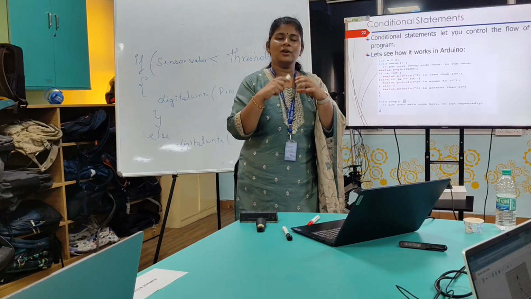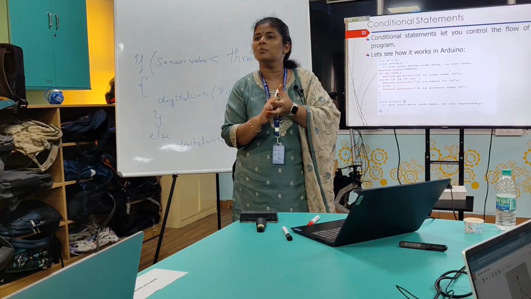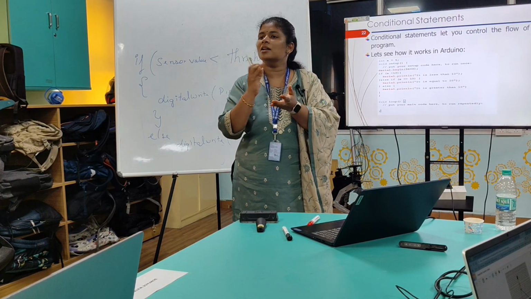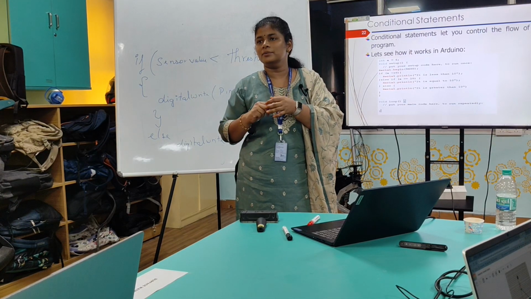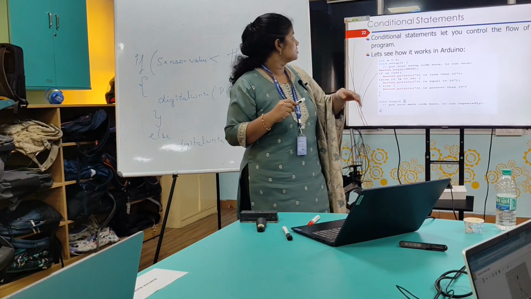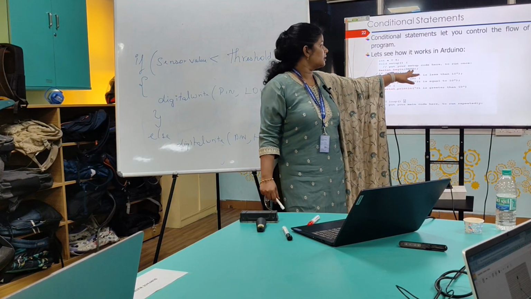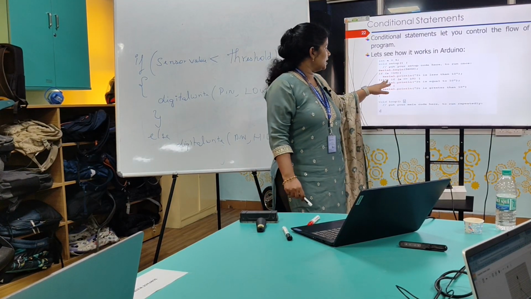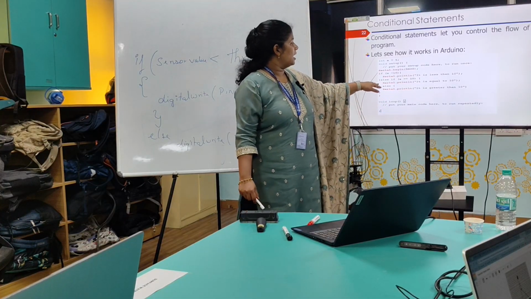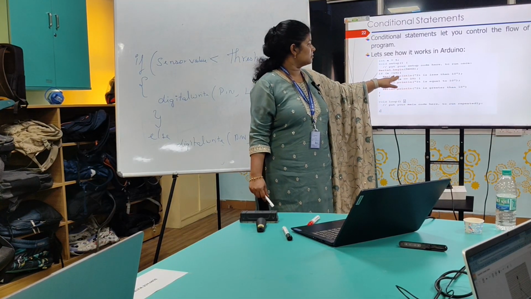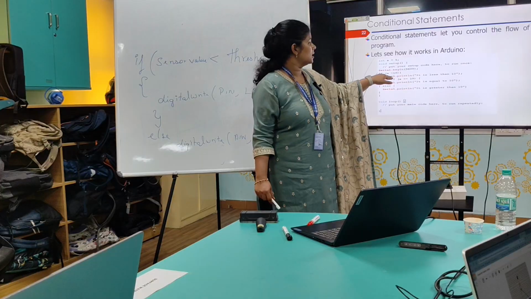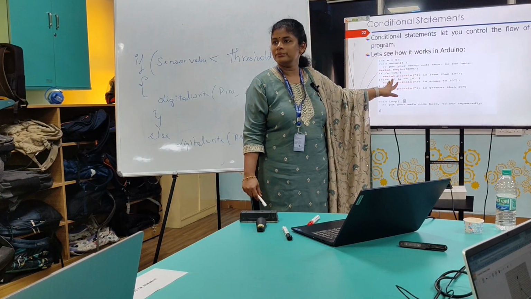Whatever code you are writing in your microcontroller, you can see the corresponding output in the serial monitor. So I'm initiating the serial monitor with Serial.begin(9600). Then in this example, I'm just printing the statements in the serial monitor.